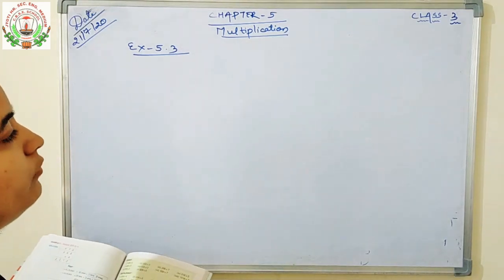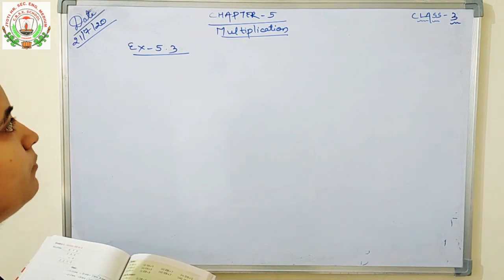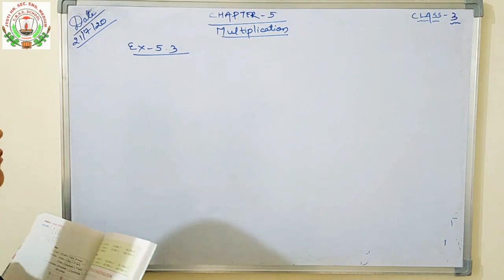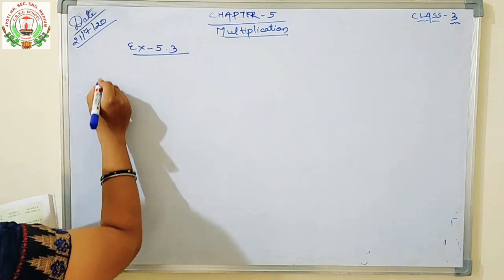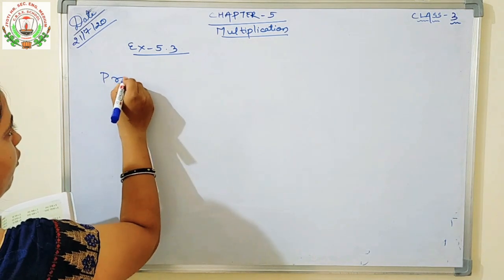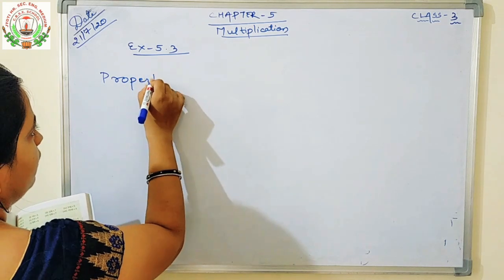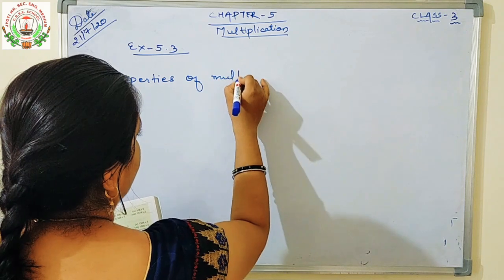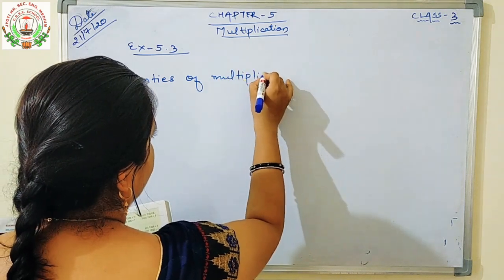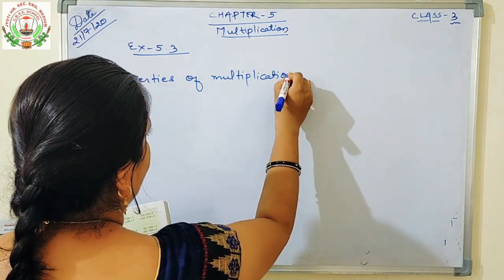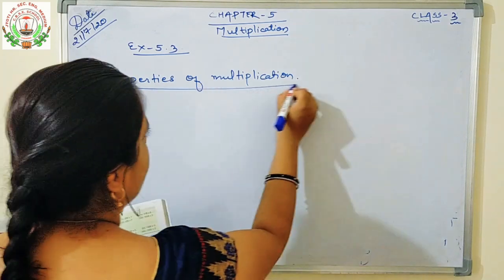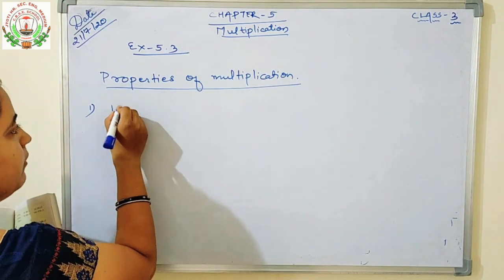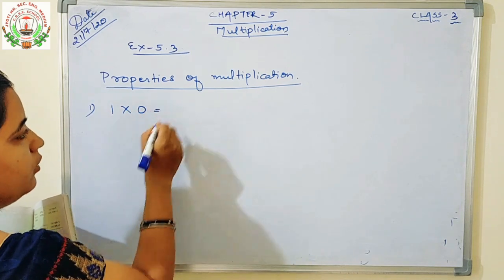Today we will continue with our chapter number 5, which is multiplication. We will solve exercise number 5.3. But before solving the exercise, I want to tell you the properties of multiplication. Okay? Properties of multiplication. As you all know, first property is whenever you will multiply any number with 0, you will get the